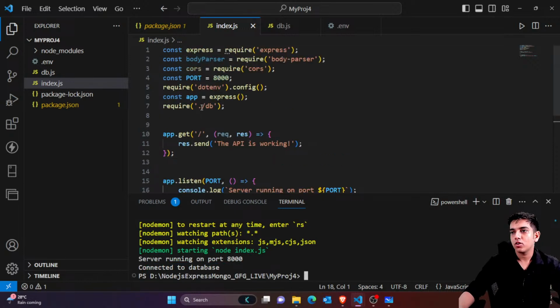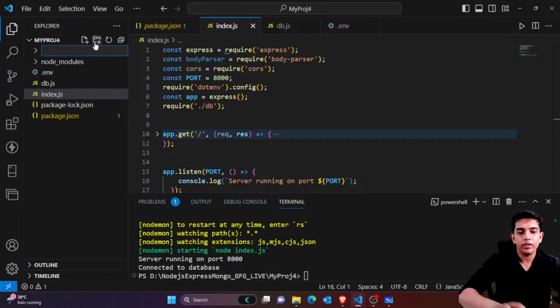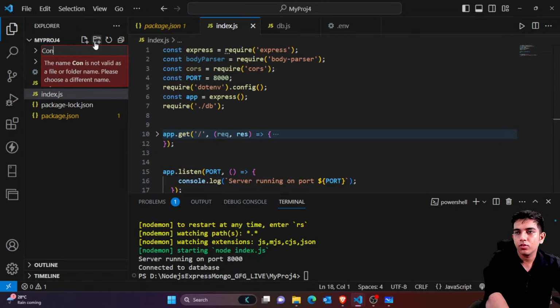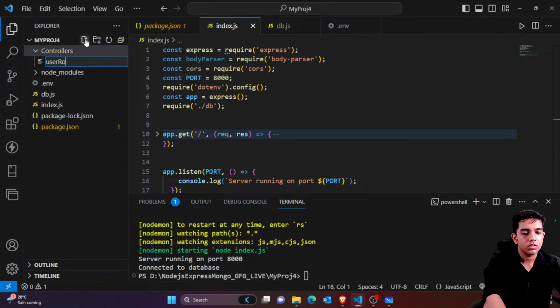Now we are going to create user authentication APIs. Okay, so first of all, for that, we would be using different kinds of parameters, right? So first of all, let's create a register API. For that, we would simply create a route here. Okay, so routes or controllers. I would just say controllers, suppose, and inside this I would say user